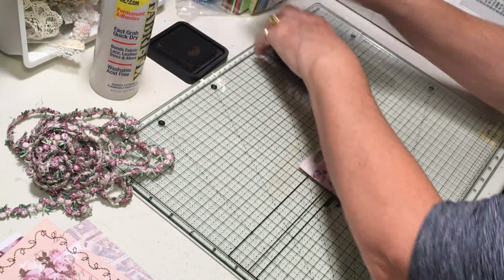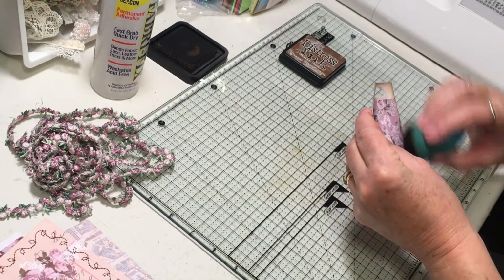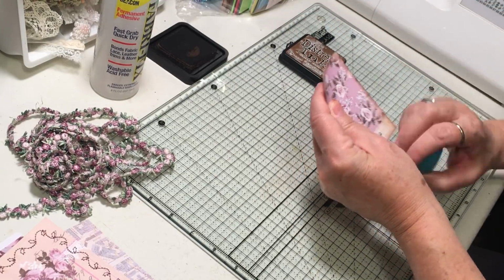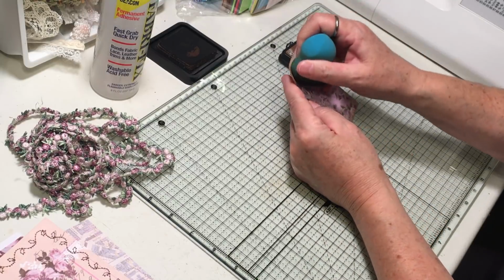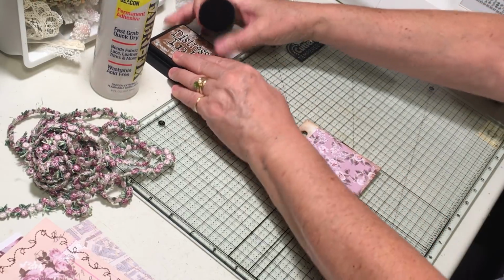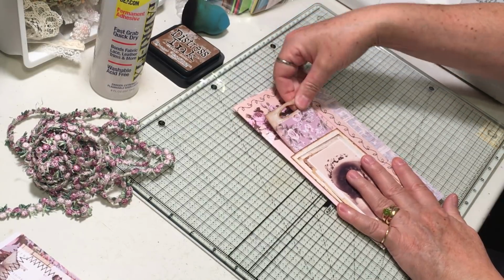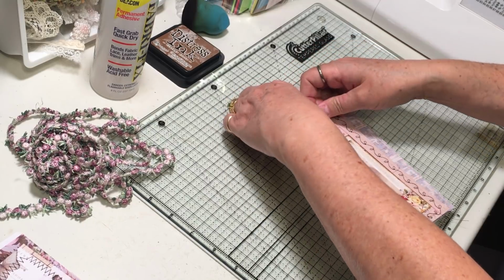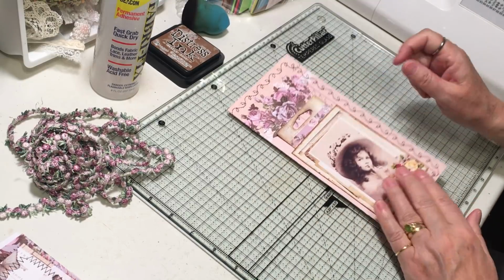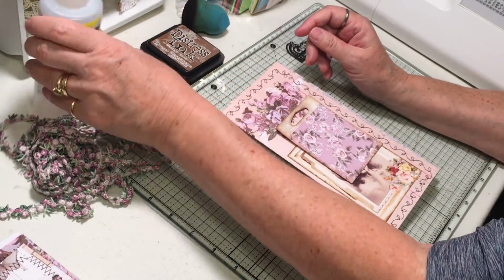But let's give it a little inky here. I'm going to kind of ink right around where the tag's going to go to. Okay, so we're going to just see that slides in there, which it does. I kind of like it with a little bit of that showing. But then I think,